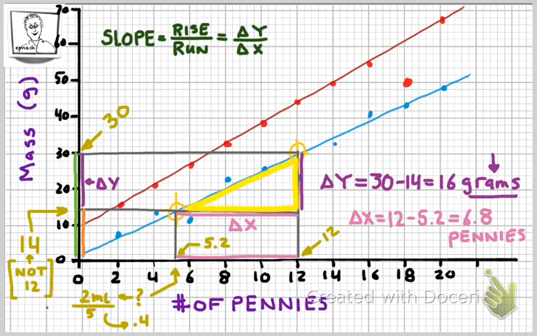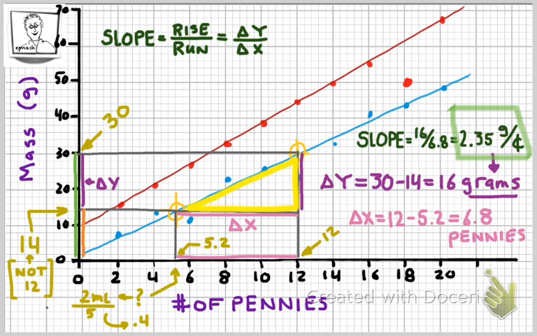Now there's 3 of those little lines, so that's 1.2 added to 4 gives me a value of 5.2 for the intersection of the bottom part of that line, shown in pink. Now the delta x is going to be equal to 12 minus 5.2, which is 6.8. And again, that's 6.8 pennies. The slope of the blue line here is going to be now the 16 grams divided by 6.8 pennies, or